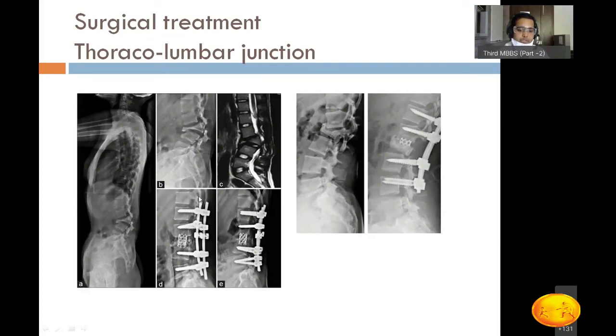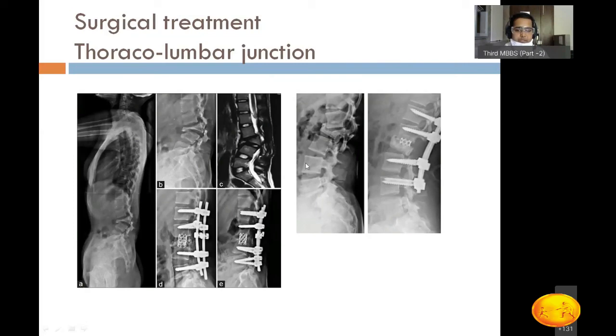So by doing surgery, we have recreated a normal lordotic alignment by putting in pedicle screws posteriorly and putting a mesh cage made of titanium with a bone graft inside anteriorly. So the anterior column height was decreased and the posterior column height was increased by the injury. What we have done is we have recreated the anterior column height by putting in a cage, and we have reduced the posterior column height with the help of pedicle screws and connecting rods.